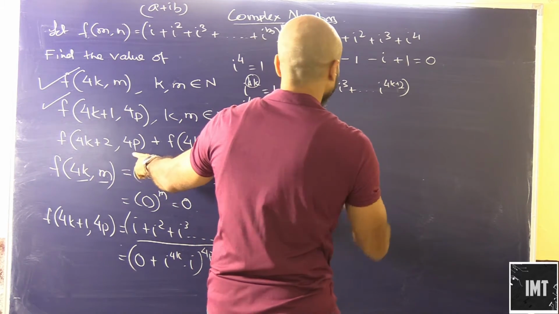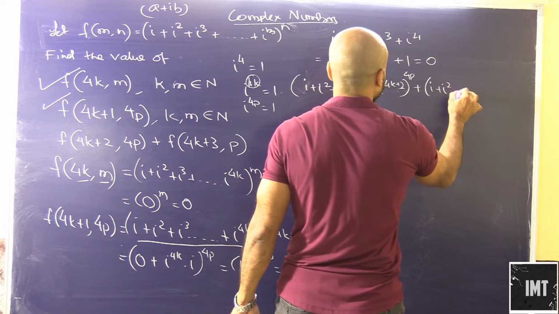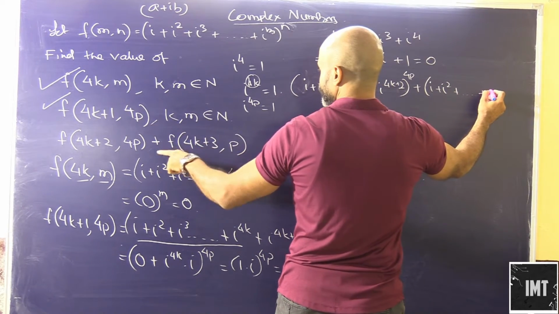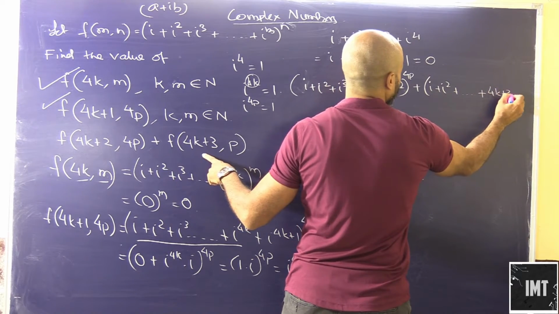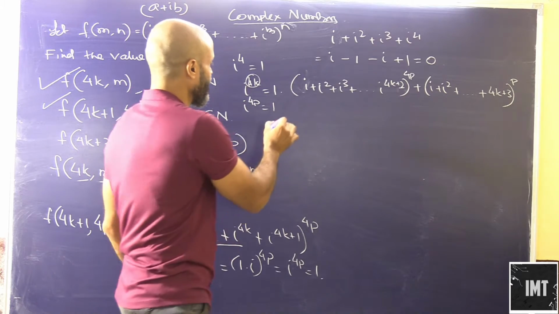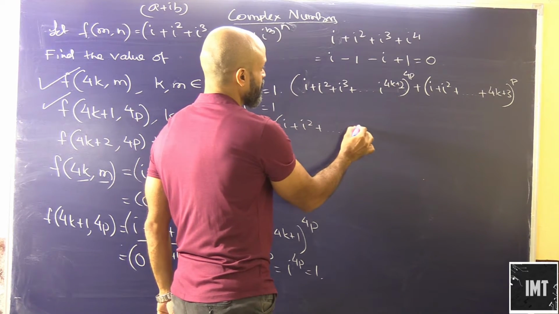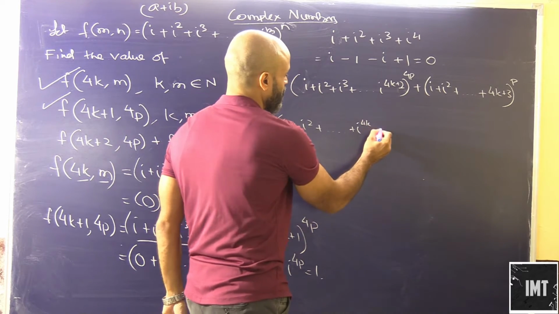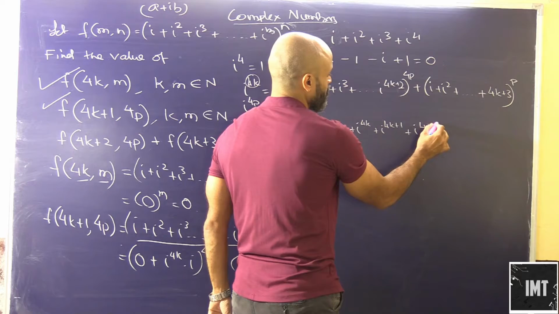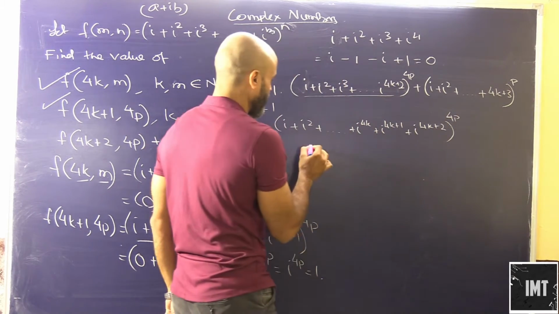4k plus 2 to the power of 4p plus i squared plus i^(4k+3) to the power of p, okay. So what do we get here? i plus i squared, this goes on to i^(4k), i^(4k+1), i^(4k+2). We can write this, right? Just expanding this one to the power of 4p, and this would be